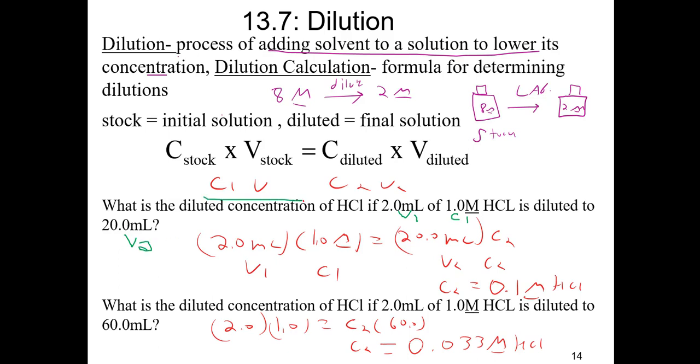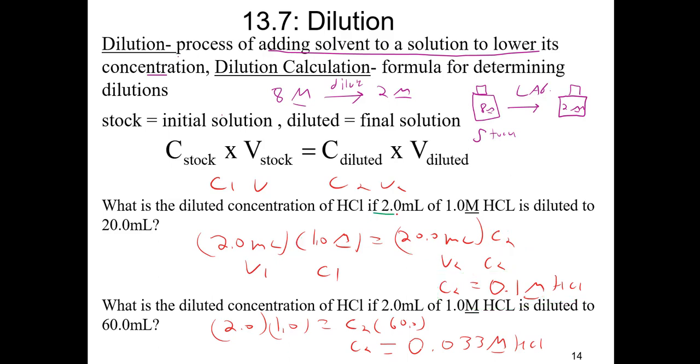So what is my diluted concentration? That's going to be C2. So I'll go ahead and put in the values. So there's my volume, V1, C1, and then here is my diluted volume, V2, and my diluted concentration that I want to solve for is C2. Now this is our unknown variable. So we'll do 2 times 1 divided by 20, and that gives me my final diluted concentration of 0.1